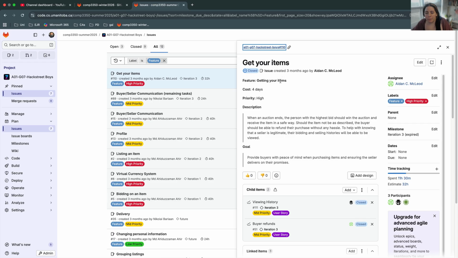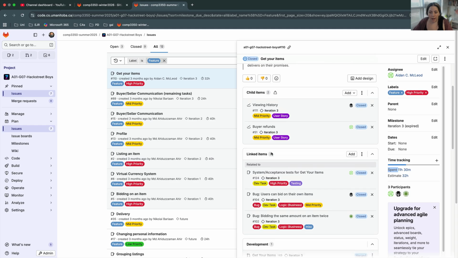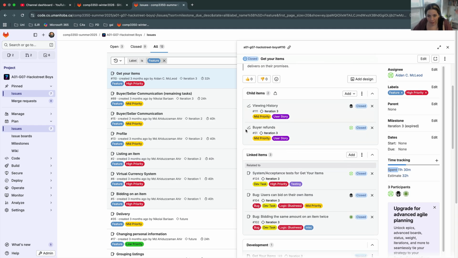We can see when the issue was created. We can see that they have their feature name. They have the description as well as the goal of the feature. They also have the priority listed and the cost that they estimated. In addition to putting that cost here, you'll notice that they also put it down here in time tracking. Estimate 32 hours, and then spent however much time they ended up spending on it, which in this case was significantly less tracked hours. You'll notice that they are making use of the child items for their user story issues,